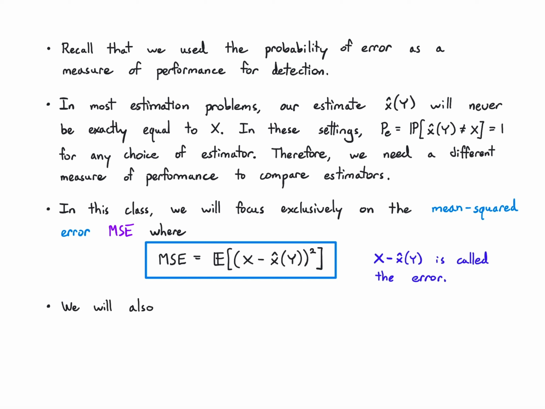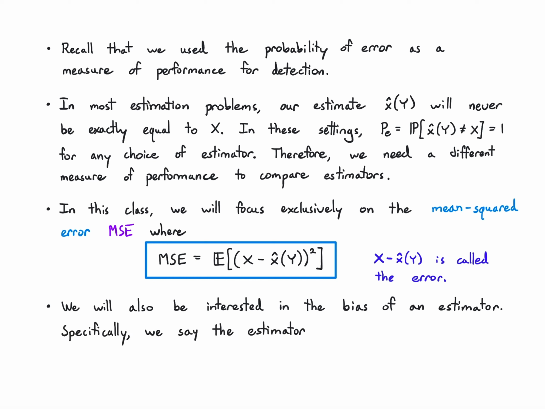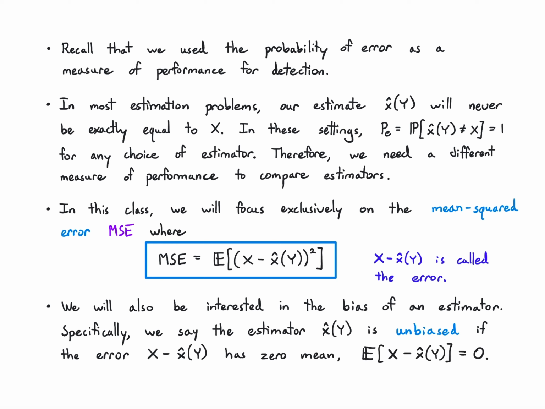And the other thing we might be interested in is the bias of our estimator. This is a term that basically captures whether on average our estimator is giving us the true value. So we'll say that x hat is unbiased if the error has zero mean. What you'll notice from this is that x hat has to have mean equal to the mean of x, meaning that on average it is returning the correct value,